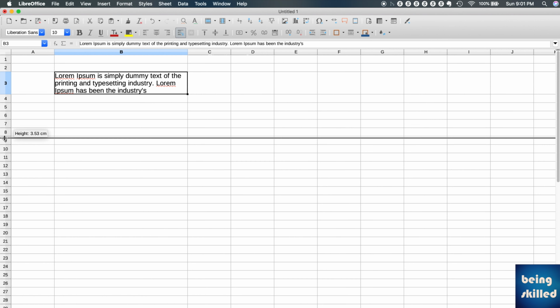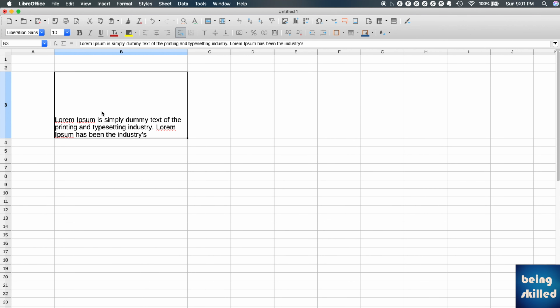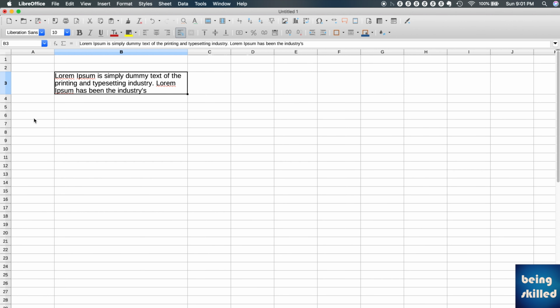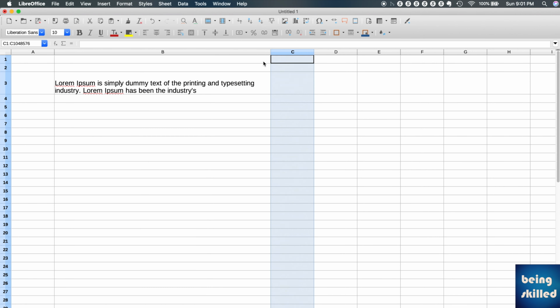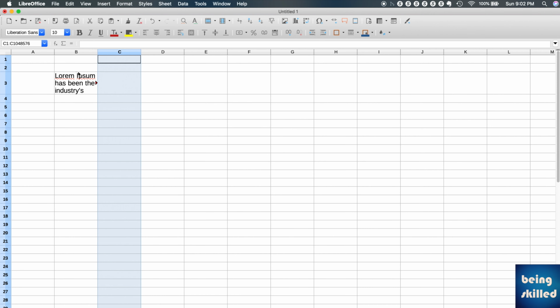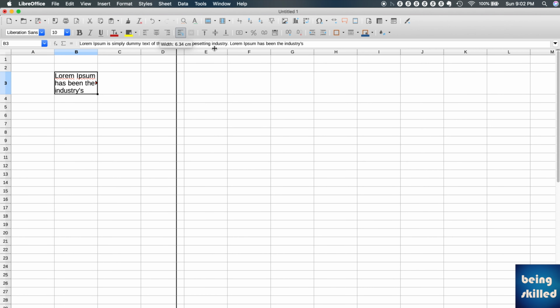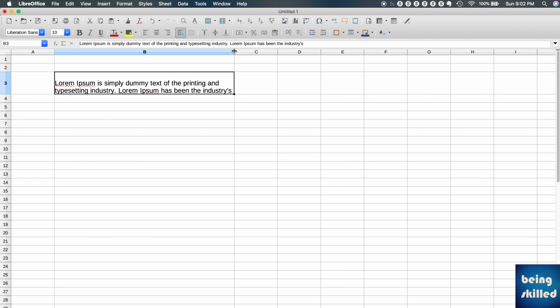And just in case you are having, let's say, extra spaces within that cell, you can just double click on the bottom of the cell number, and it will remove all the excess spaces which are there, so the height of the cell will be reduced. And if you want to adjust the width, then you can accordingly pull it. And if you want to remove these extra spaces, just double click on it, and those will be removed. So it will just adjust the width accordingly, but